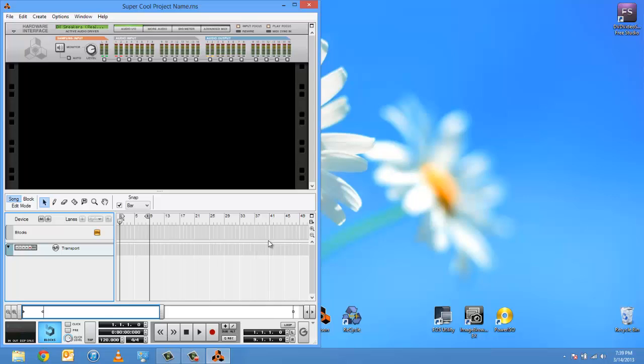Now I encourage the use of other DAWs not only to find out which one or ones are best suited for you personally, but to also be able to benefit from some of the exclusivity that each DAW contains. A great thing, in fact the best thing ever, is that most DAWs have a feature by which they are able to play with each other, quote unquote, so to speak,